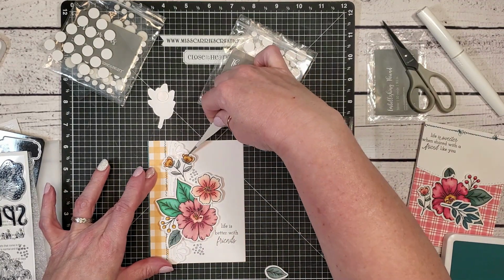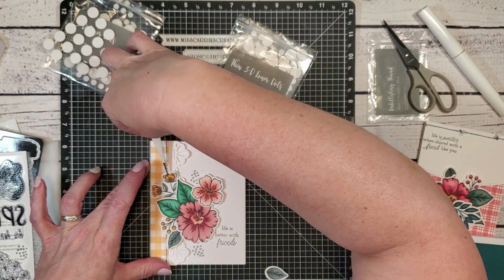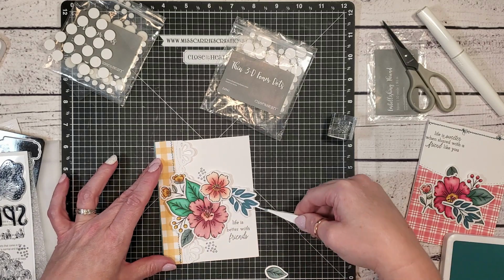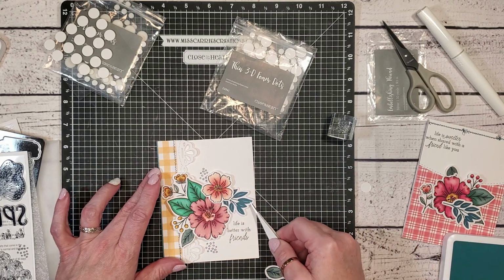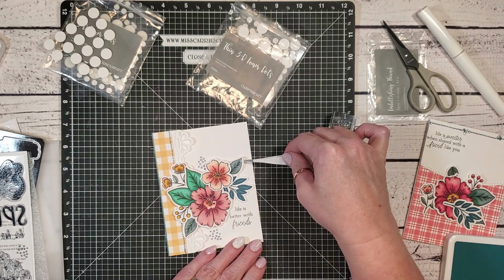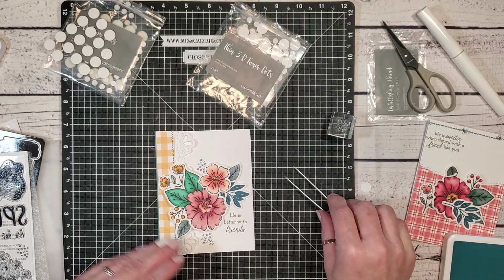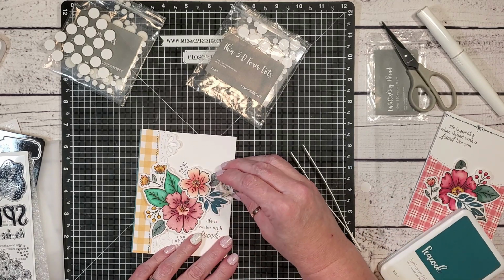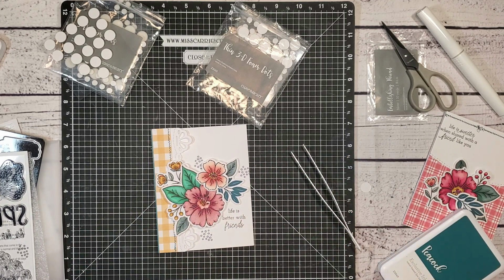As I'm layering all of these die-cut images, I am trying to create an arc shape around the sentiment. This just draws your eye to the sentiment and still leaves plenty of white space around all of those floral images. I ended up moving those peacock leaves, so I've kind of lost my visual triangle. So I'm going to go in and add another set of stamped dots just to balance out the front of